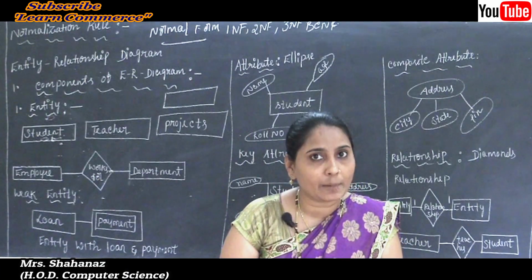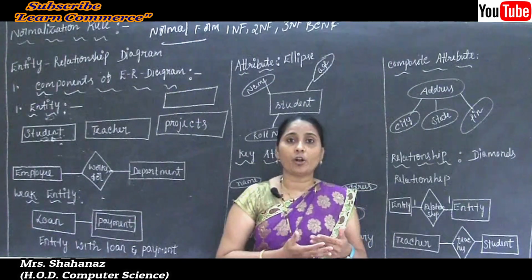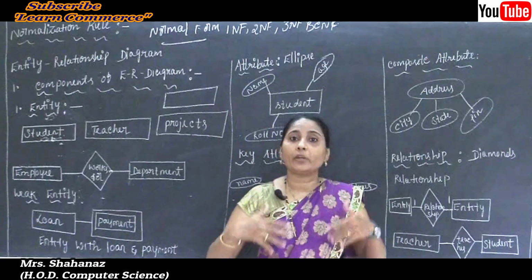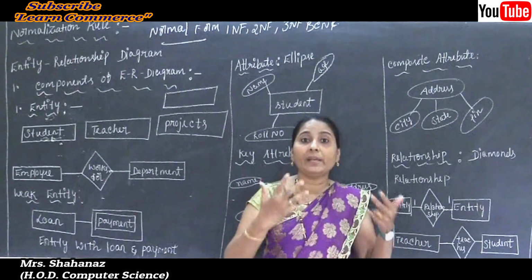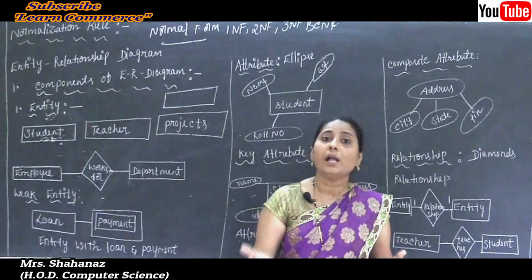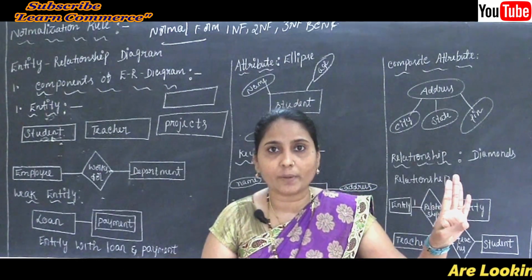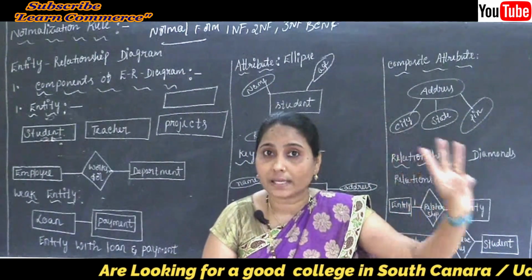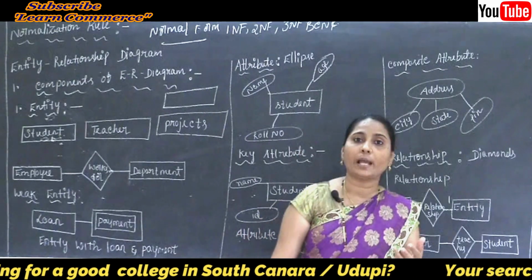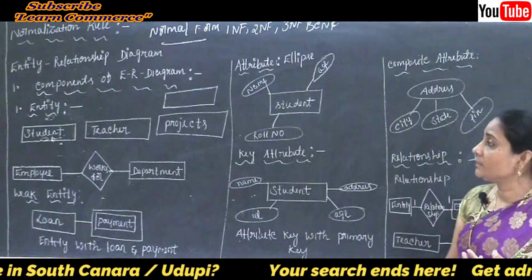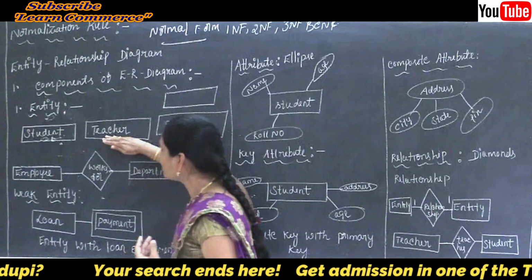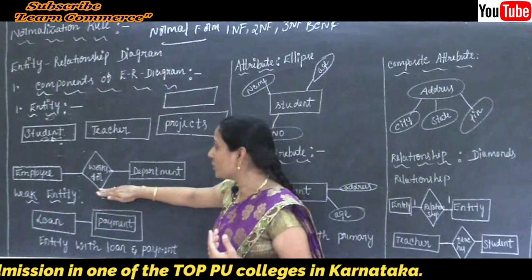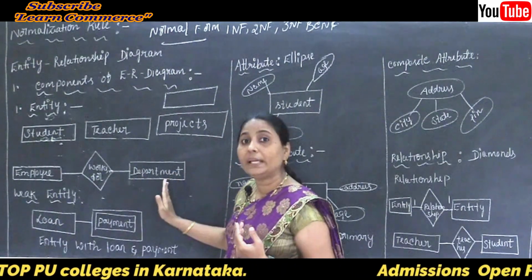So all are examples. When is it possible to take all those tables here? When you are using the example of an organization. By using the organization we can create many more entities, many more tables here. Some of the tables are the employee table, maybe the manager table, or the product table, purchase table, sales table here. So many more entities can be taken in this case. This is just one simple example for our entity, and the second diagram shows how the tables are related to each other here.